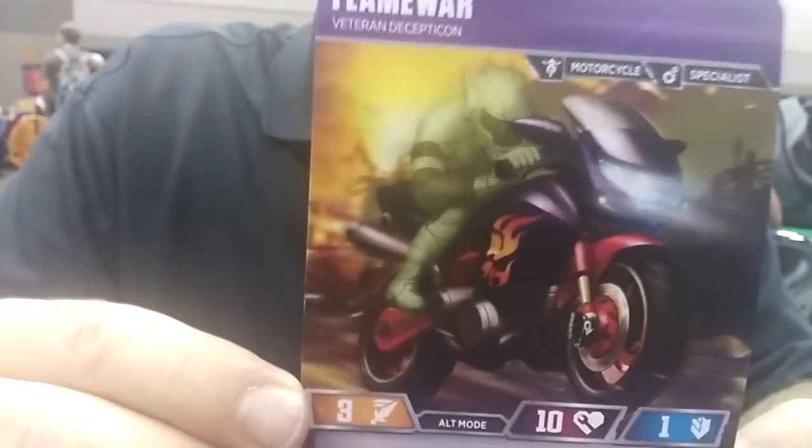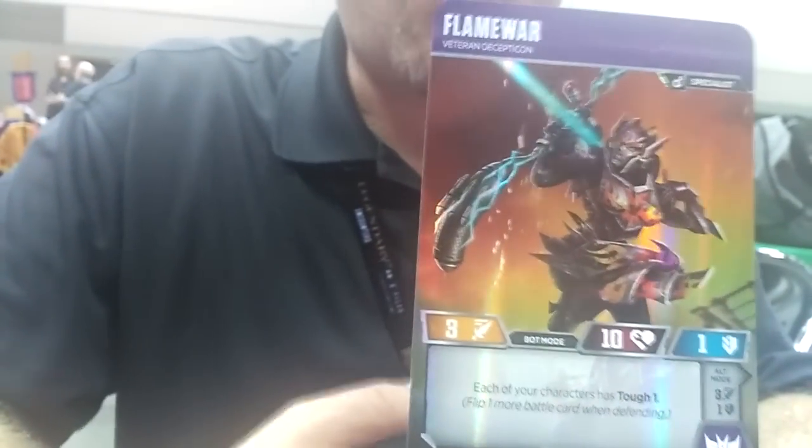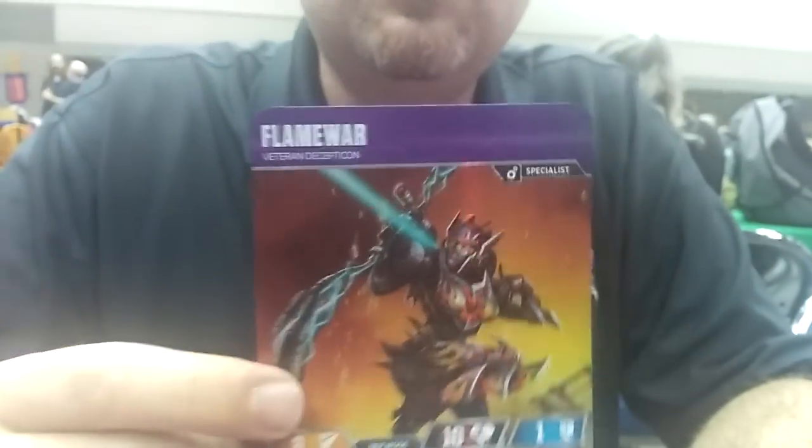So Flame War, as you fans of Allspark know, is probably the oldest living Decepticon. She's certainly the most experienced Decepticon warrior. Some legends say that she was a Decepticon even before Megatron was the official leader of the Decepticons. So we've taken that aspect of her, that she's a veteran Decepticon, and we've given her an ability that boosts her teammates to represent the fact that she passes her experience on to other younger Decepticons. So in addition to the power-up cards, some of these have specific